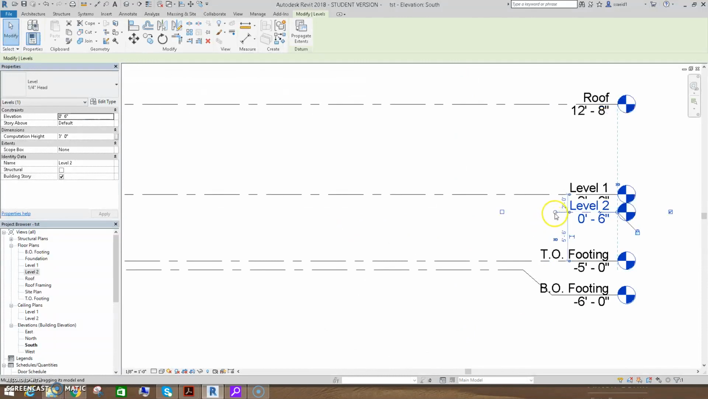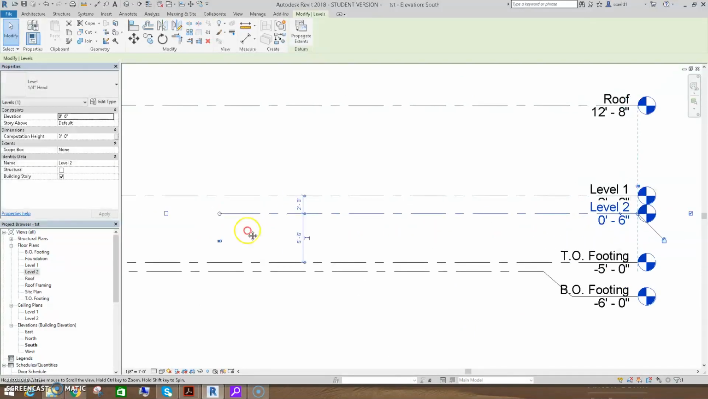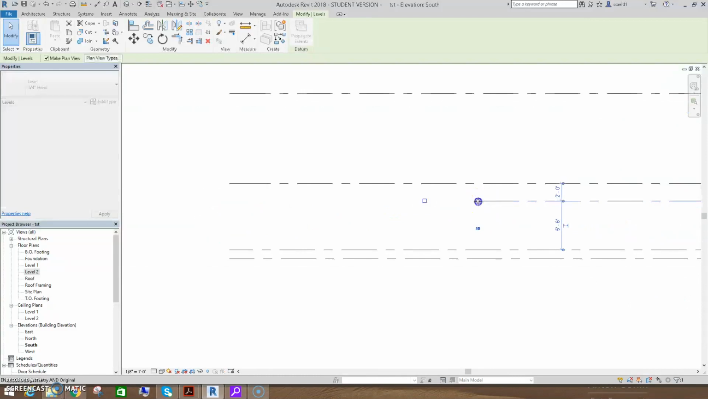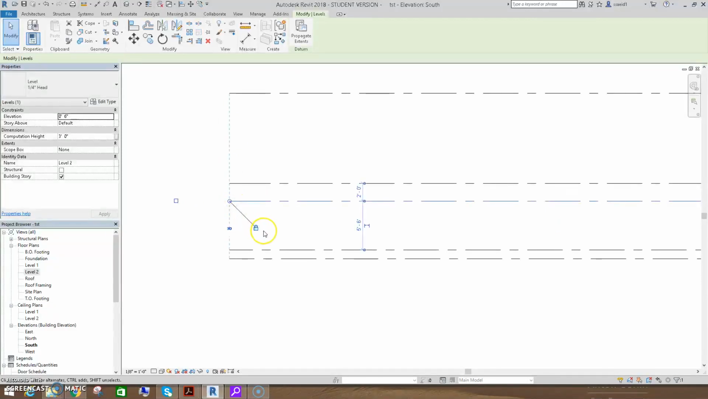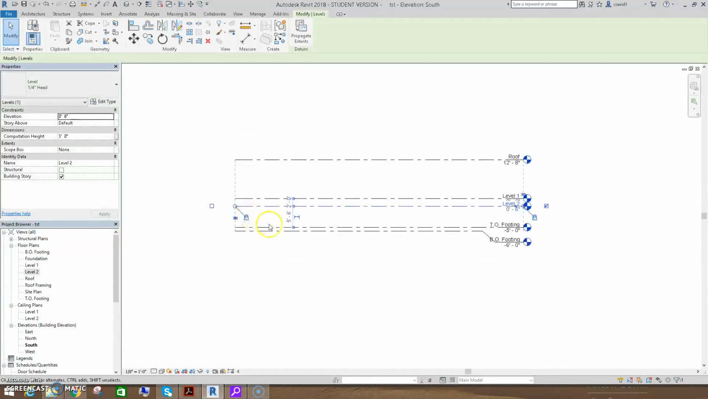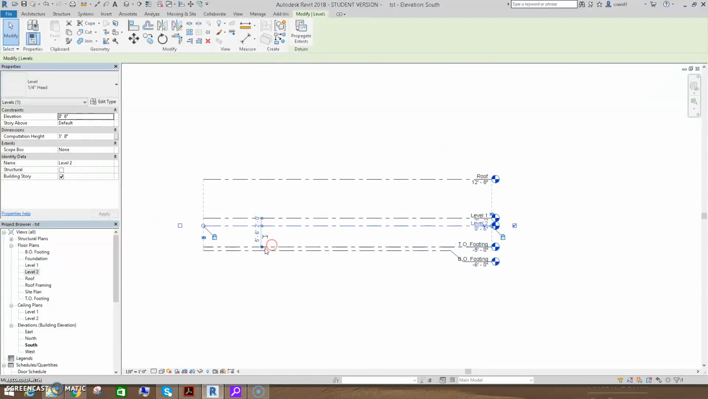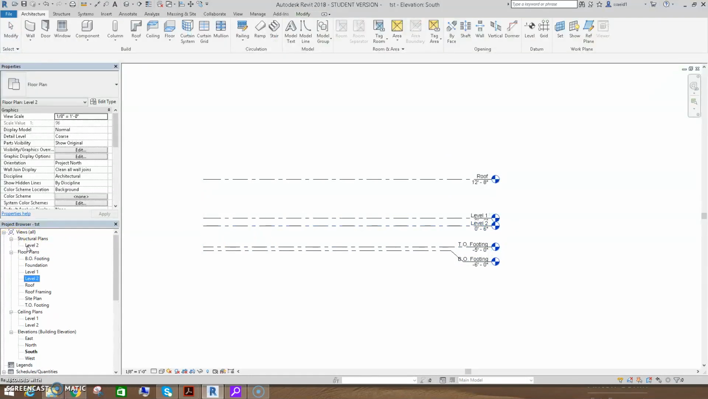And I will get this circle, line it up with other lines over here. You see it's locked now. You might also have noticed the addition of a structural plan over here once I added the level. When we create a new level, it actually creates three separate